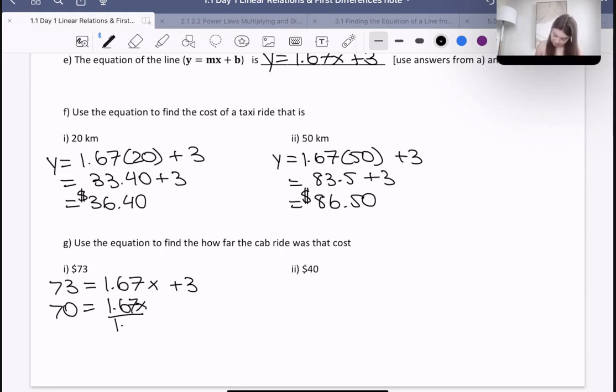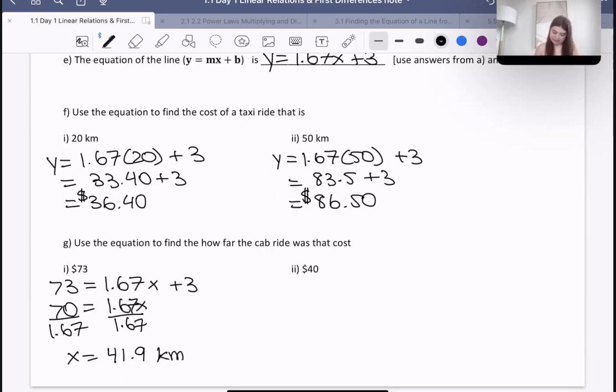Then we divide by 1.67 on both sides, which is going to be 41.9. So therefore, the taxi was able to go about 41.9 kilometers